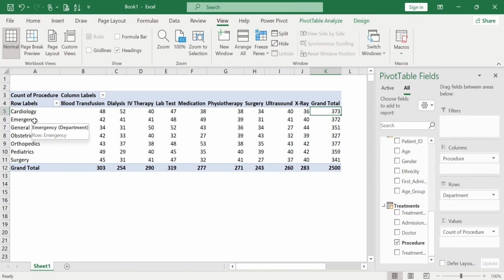In the emergency department, the total number of procedures was actually 372. General medicine department, the total number of procedures was actually 351. In the obstetrics department, the total number of procedures is actually 327. In the orthopedics department, the total number of procedures is actually 377. In the pediatrics department, the total number of procedures is actually 359. And finally, in the surgery department, the total number of procedures is actually